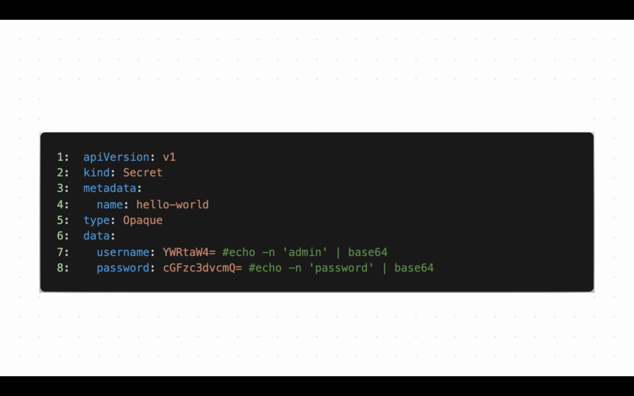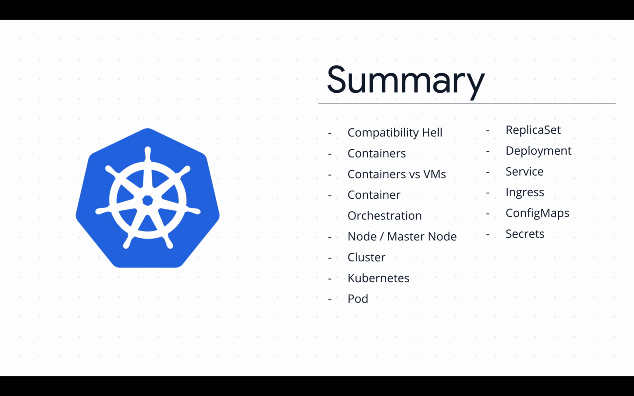Now, in summary, we've talked about the compatibility problem. We've talked a little bit about containers. We've talked about containers versus VMs. We've talked about container orchestration. We've looked at nodes, worker nodes, and master node. We've talked about what a cluster looks like. We've talked about Kubernetes in itself. We talked about pods, replica set, deployment, services, ingress, config map, and secrets. This list comprises the basic introduction to